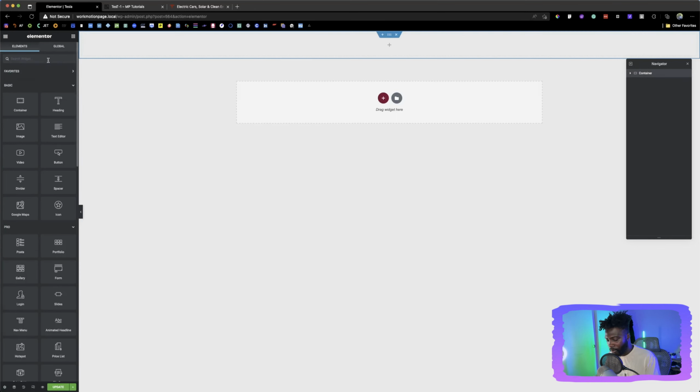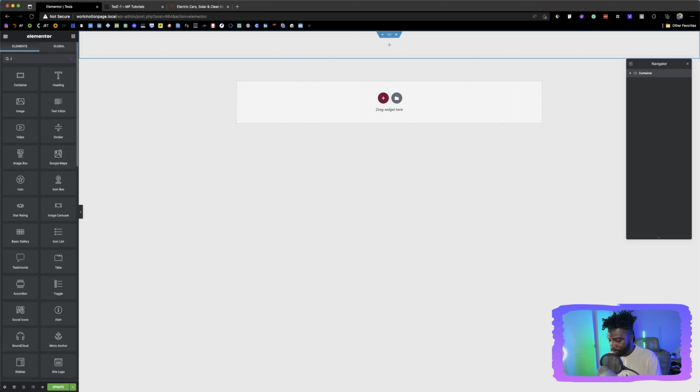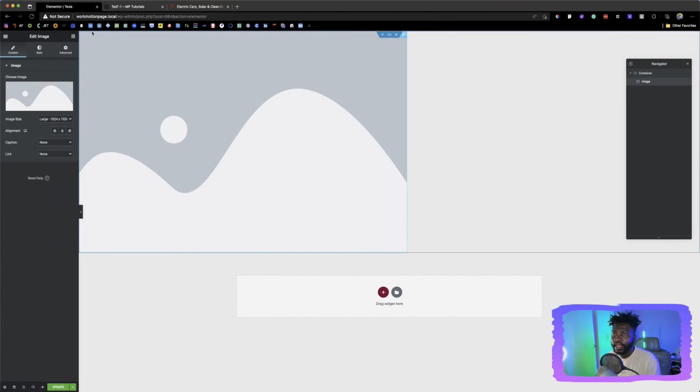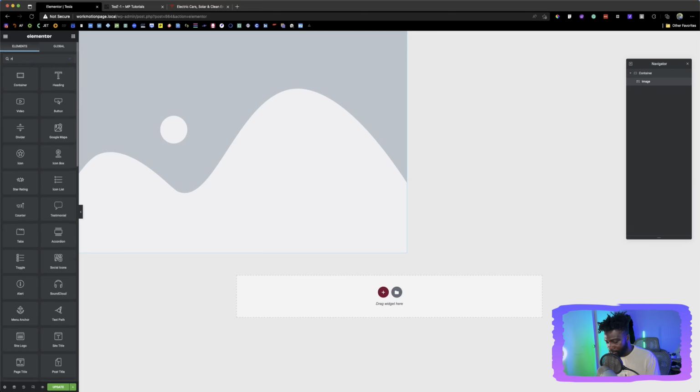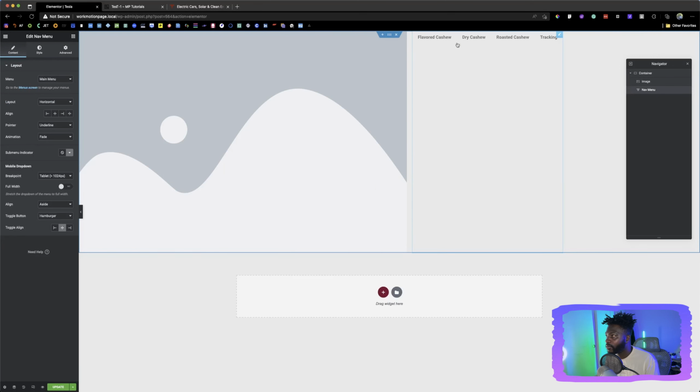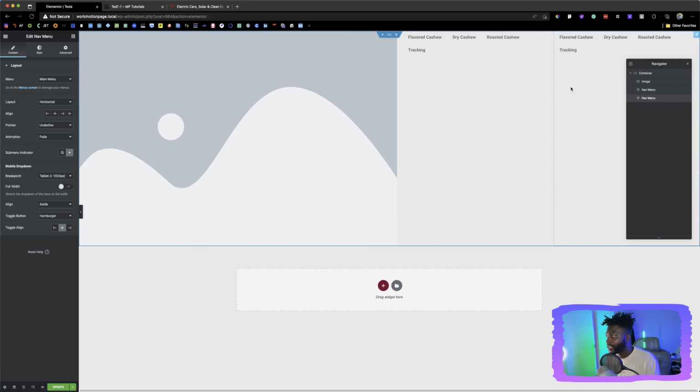So let's look for image. Okay, and then let's put the two menu navs inside. So for menus, you search for a nav and then put it inside. So this is the first one, and then there's the second one. Here we're just going to click on this menu and go back into the sidebar where the settings are, and then we look for